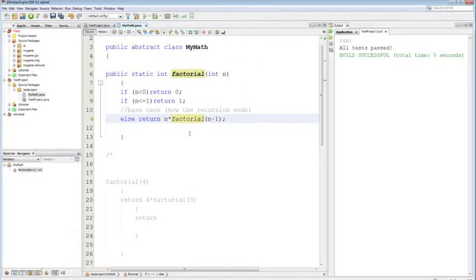N less than or equal to 1 could be replaced by n equals 0. Oh yeah, no, I see what you're saying. Yeah, you're right. He's saying if I do this, it's the same thing, because when we do this line, let's say n is 1 up here, it will get to this line, it'll return 1 times, and then it'll be 0, so that it'll be at 1 times 1, basically, is what it's